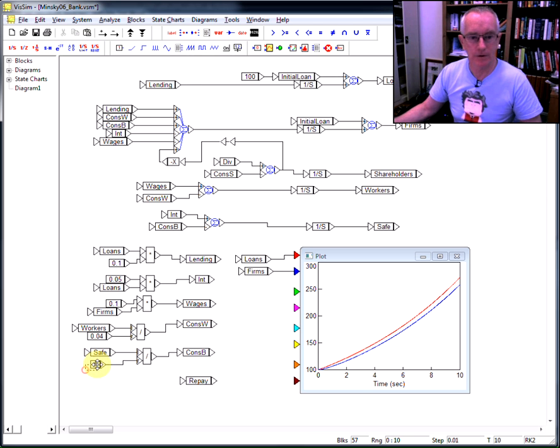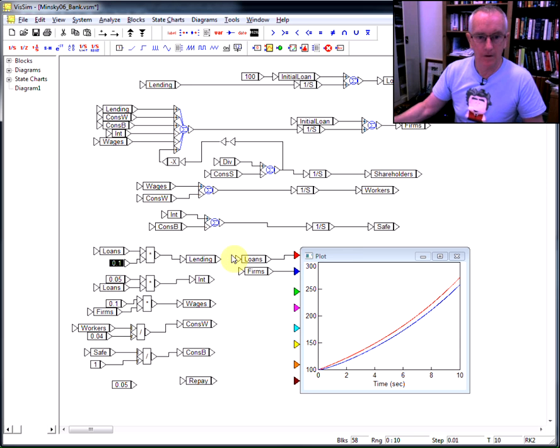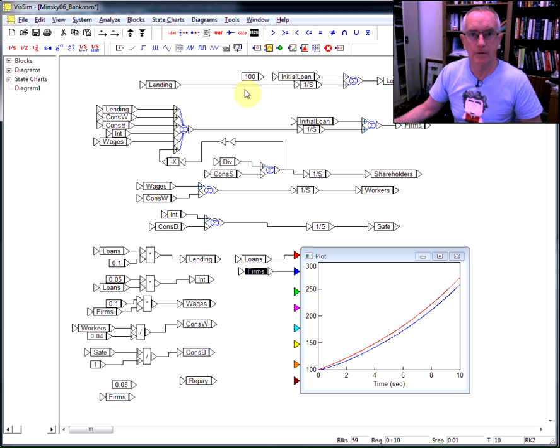Let's just use that, multiplied by what's currently in the firm's deposit account. Another multiply block. And now I need to have to repay added in